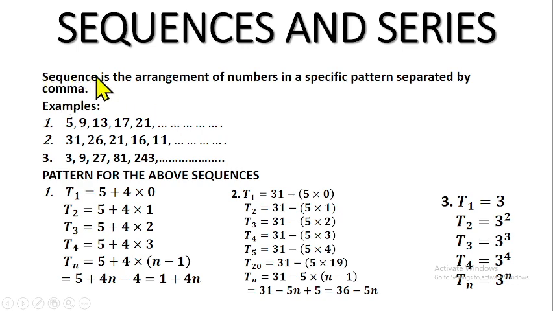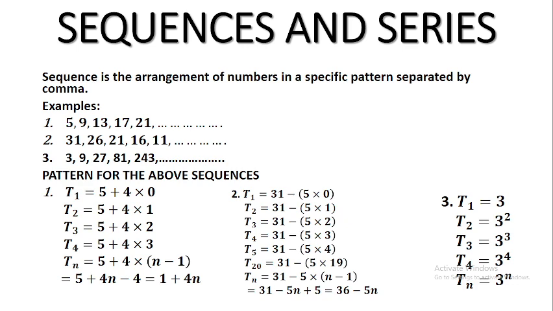Of course, we are students of mathematics. We are very used to numbers. Let's say 1, 2, 3, 4, 5, 6, 7, 8, 9, 10. You can see that the numbers I mentioned are arranged in a particular pattern: 1 followed by 2, followed by 3, followed by 4, followed by 5. But that is not yet a sequence unless you separate those numbers by commas, then it becomes a sequence. And those numbers are not just arranged anyhow. I didn't just write 1 and then 1000 followed by 2, followed by 3000. No, that does not make any sense, because it's not following a particular pattern.